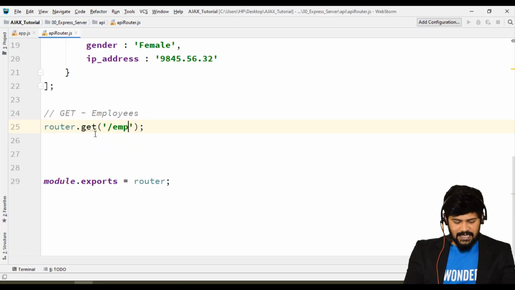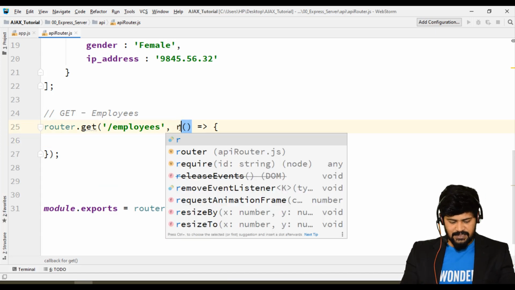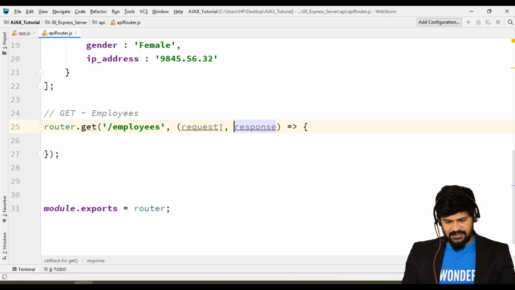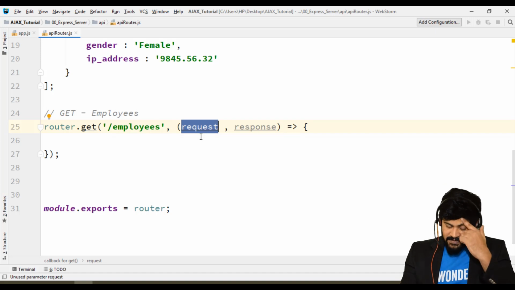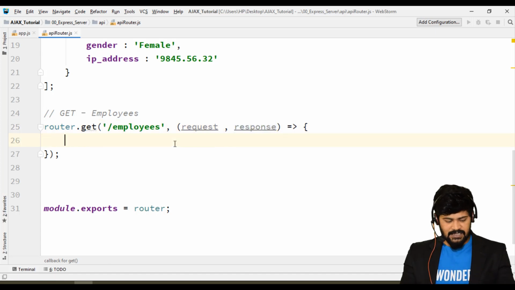So I'll make '/employees', comma, you have a request handler. So you have actually a request and also the response. The request object indicates the request which is sent from client to server, and the response indicates the data which is coming from the server to client.